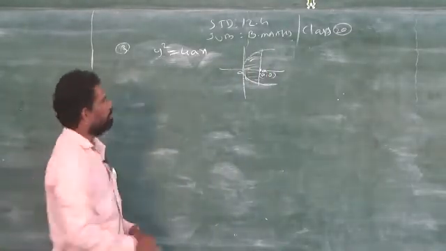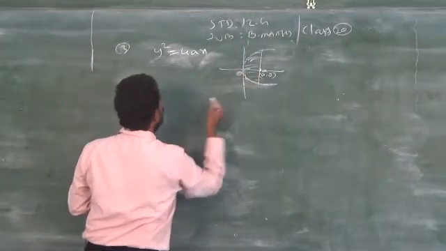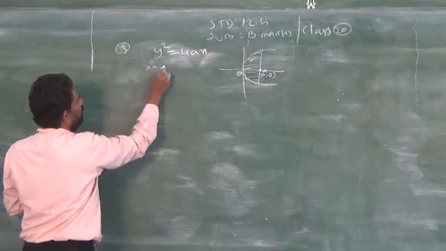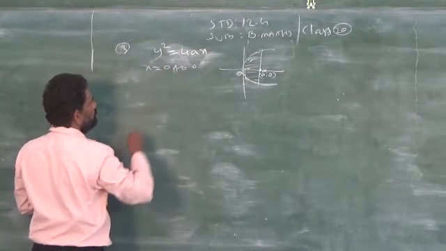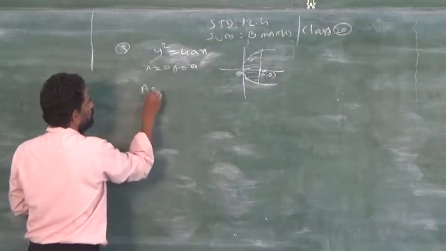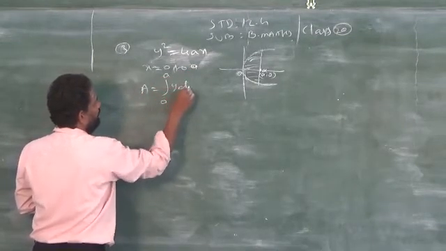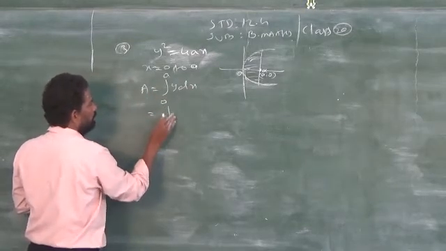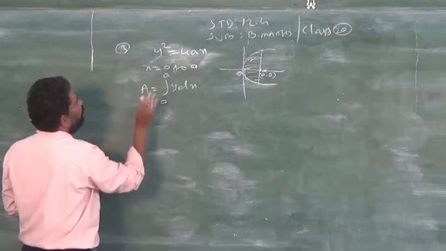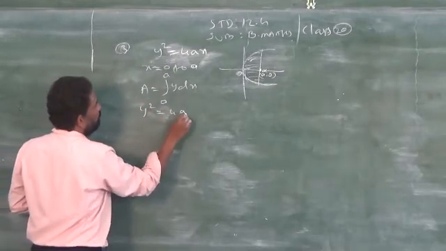Now, for the latus rectum the limits are not given, but actually the limit is starting from where? 0 to a. So, x is equal to 0 to a. So, what is the relevant formula? A is equal to integral 0 to a of y dx. Actually, you have to write a to b, but I wrote it straight away. But I want to find what is y. So, here it is given y square is equal to 4ax.